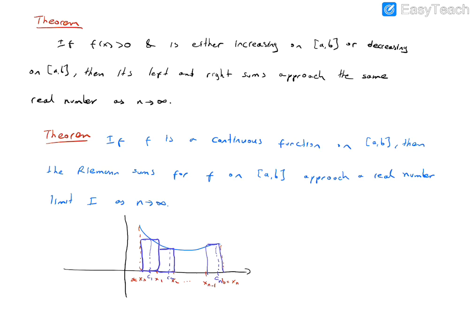And from here, delta x is b minus a over the number of subintervals, and the Riemann sum can be written in the following form: f of ck is the height of the rectangle times delta x, summed from 1 to n. So this is known as a Riemann sum. You can denote it by S, generally S sub n.